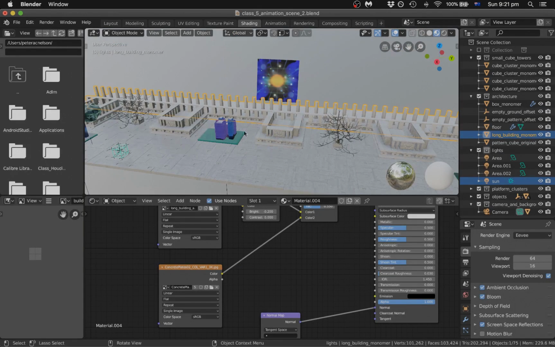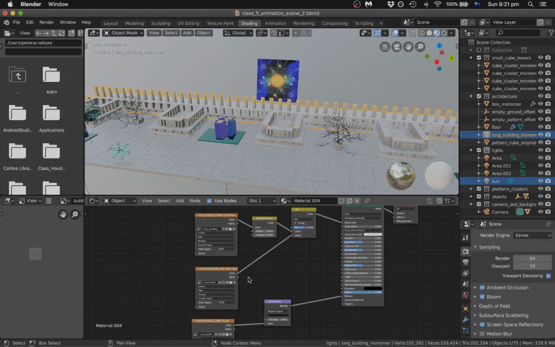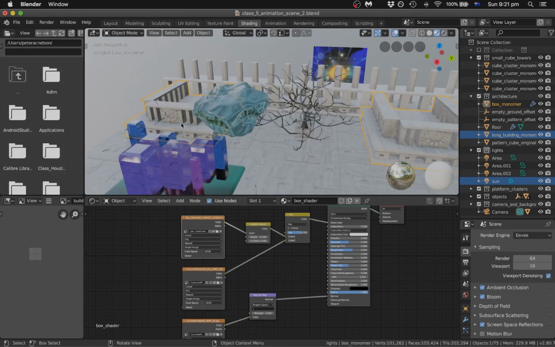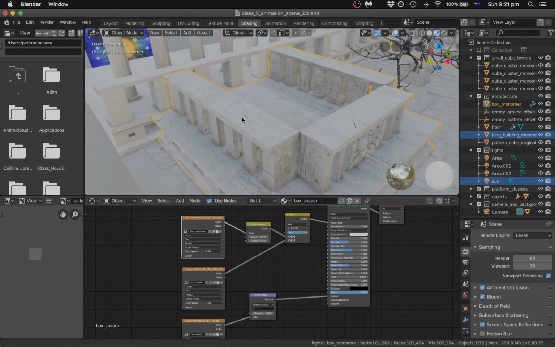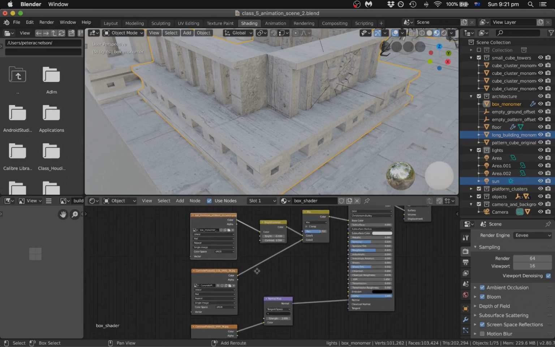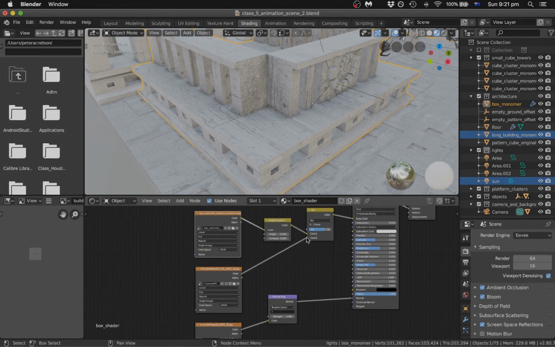If I go into the shading menu, it looks a little bit complicated, but it's pretty simple. What I've done to make your renders look a little bit better is something called baking the ambient occlusion. And ambient occlusion, see how there are these shadows here? Maybe I can show you a little bit better if I turn off